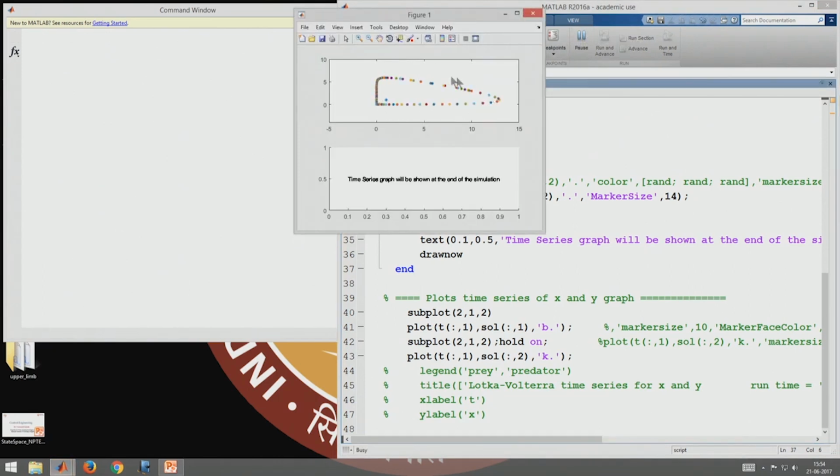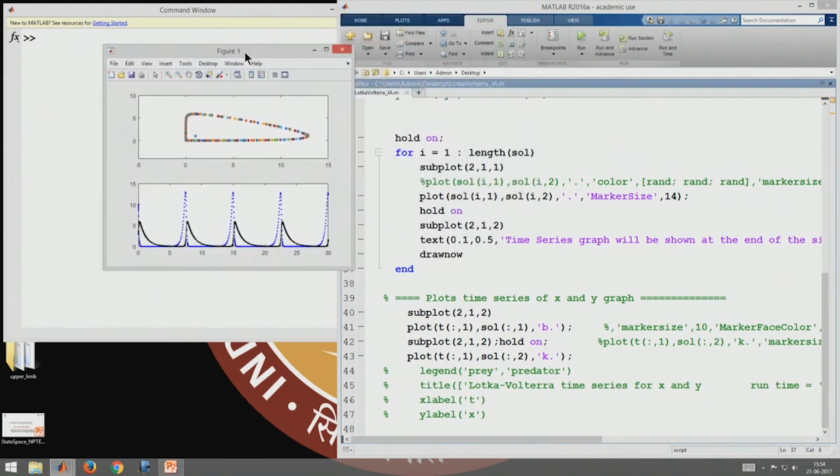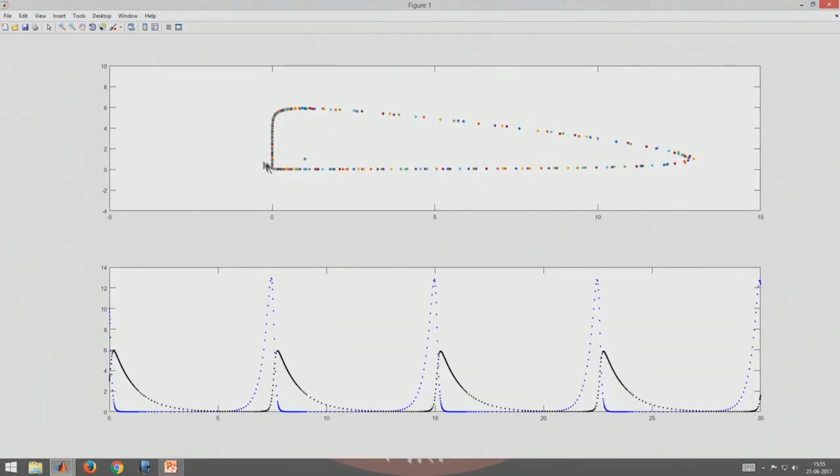Okay, you can see that this is how the dynamics is actually evolving, from the particular initial condition which we have chosen of 10 and 3, which is somewhere over here, right. We started at this point and then it evolves like this. So this is the closed orbit which I was talking about. Initial condition was somewhere at this point, okay, and then it just goes around in this. Now we can see in black I have plotted the number of deers, in blue I have plotted the number of tigers, and always notice there is a slight phase difference between the two,